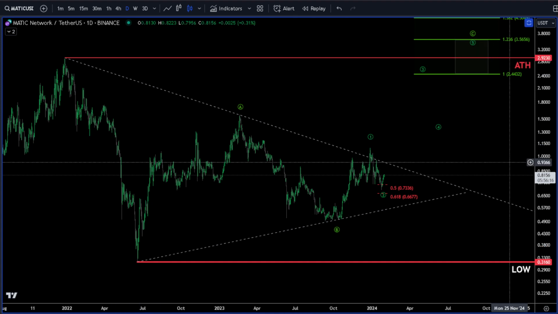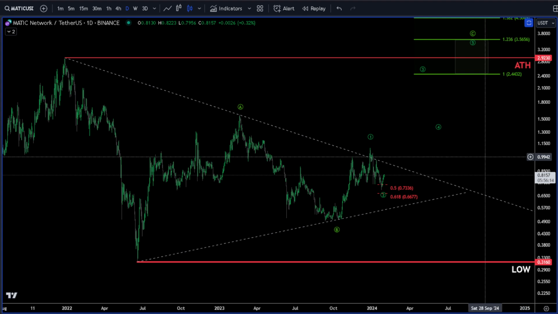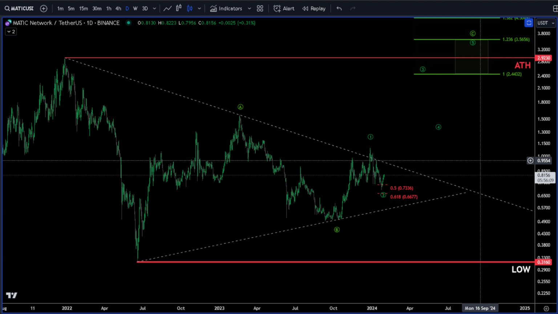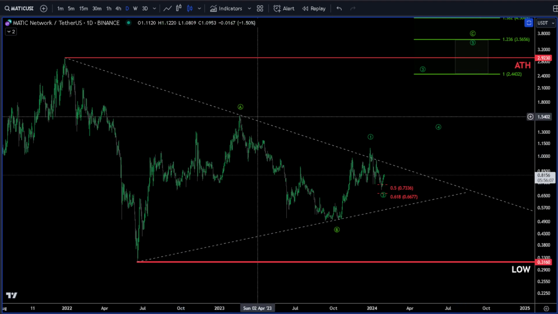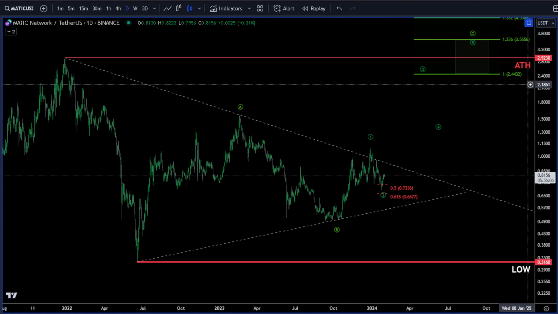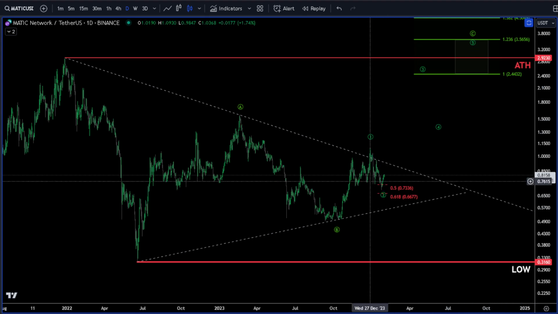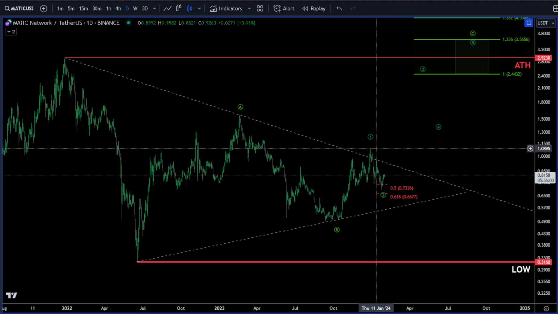I'm out on the daily, wanted to show you my primary count, and that is that we're making a flat pattern to the upside and expecting 5 waves for a C wave. We have a 3, 3, 5, challenging all-time highs. But as of right now, we need to hold between this 50 and the 618 of this move to the upside. And if that fails to hold,